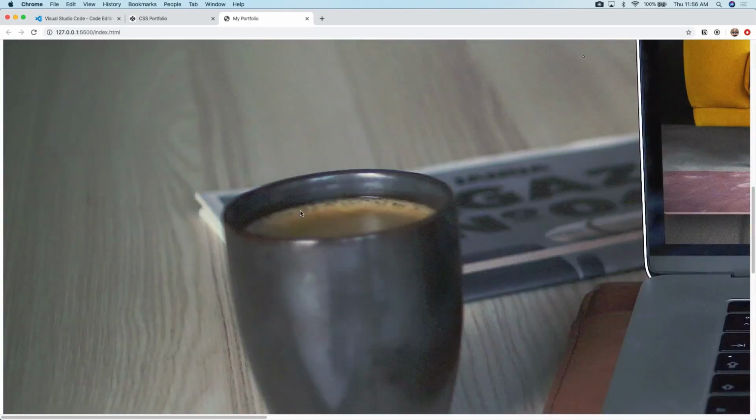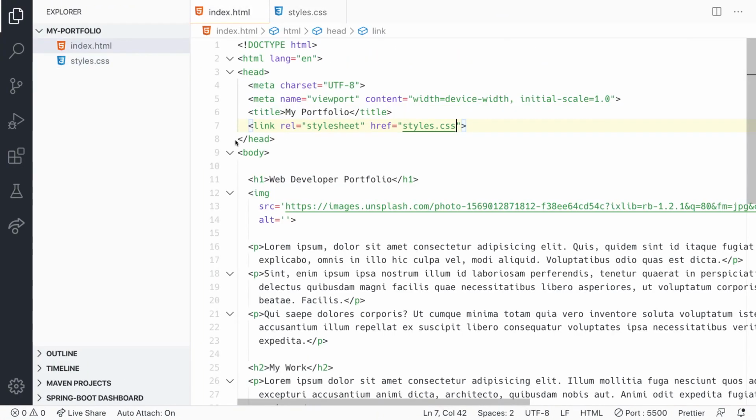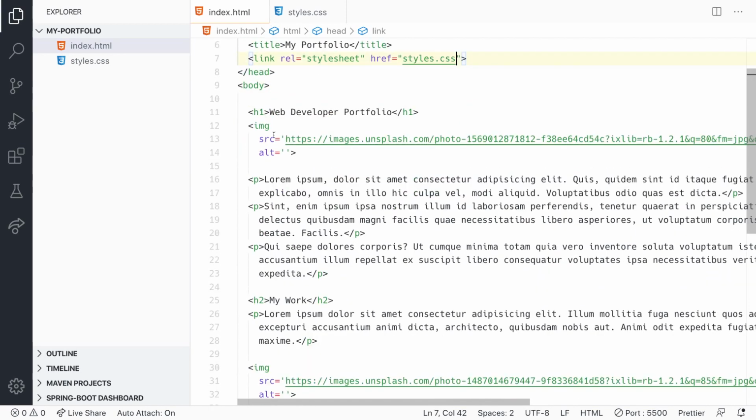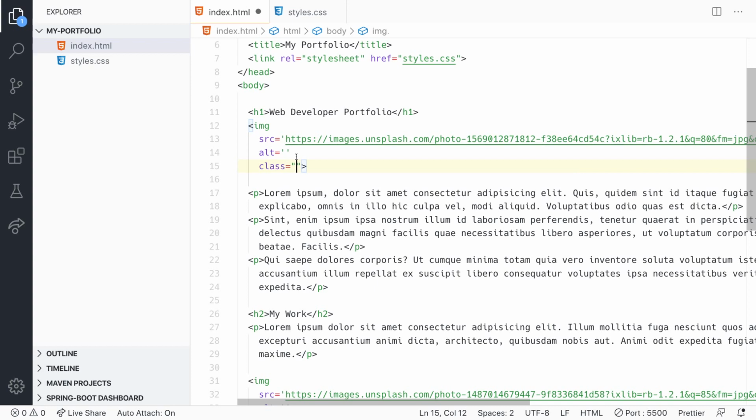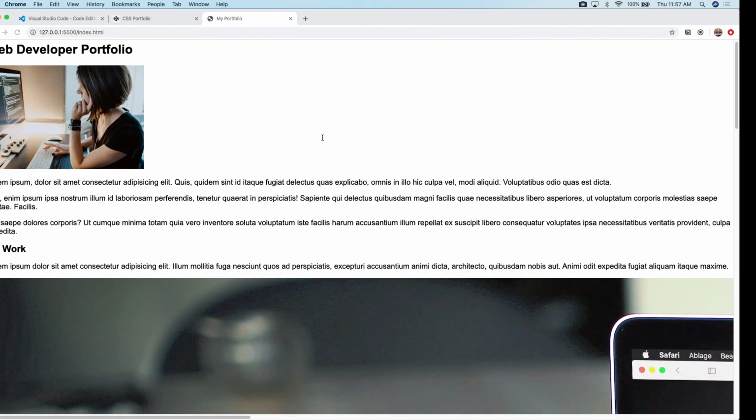One thing I noticed right away is this image down here is really large. So let's go ahead and fix that. If I come into my index.html here, under my portfolio, this is the image that I'd like to fix. So I want to go ahead and add a class to this. I'm going to say that this was my portfolio. So I'm going to save that. I'll come into my styles here. I'll add a new class for portfolio. And I'll go ahead and say that the width of that image should only be 500 pixels. So if I go ahead and save that,